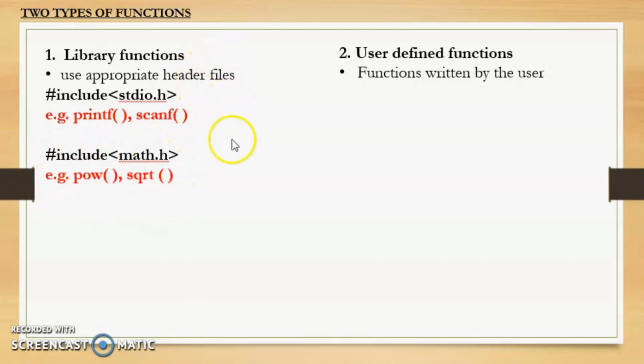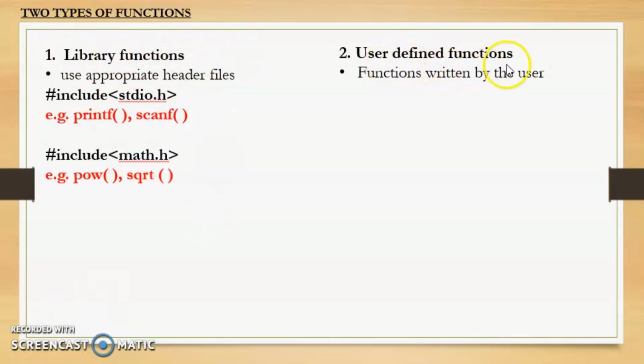This way there are many library functions, and in order to use the library functions, we need to include the appropriate header file. Now you all must have seen that whenever you write code and use library functions, like say for example printf and scanf, you do not write the function definition for it in the code, because the function definition is already present in the header files. So library functions are also known as predefined functions.